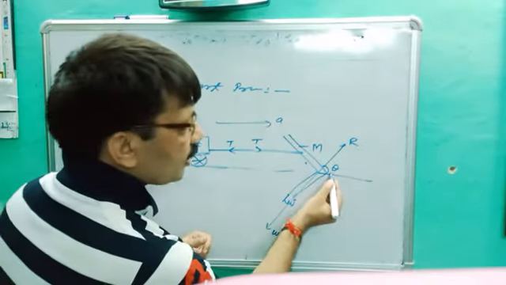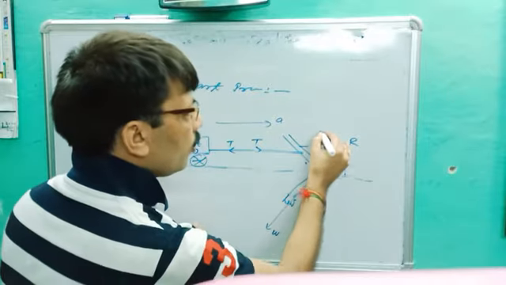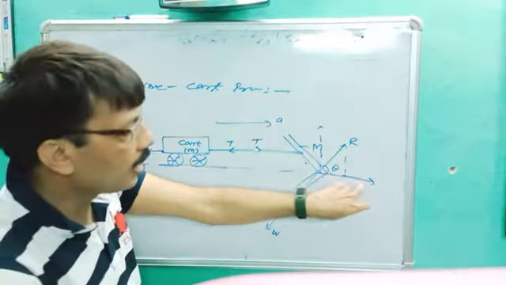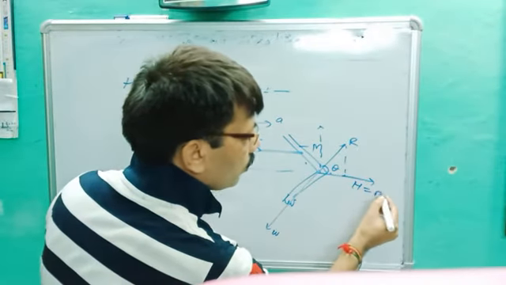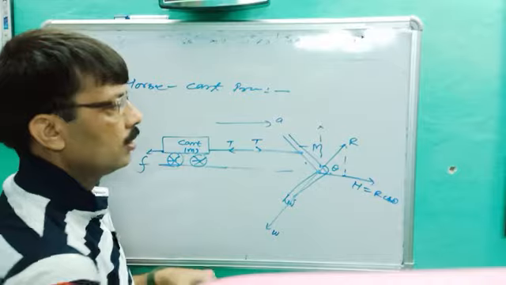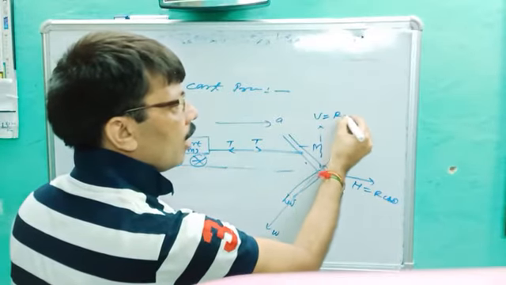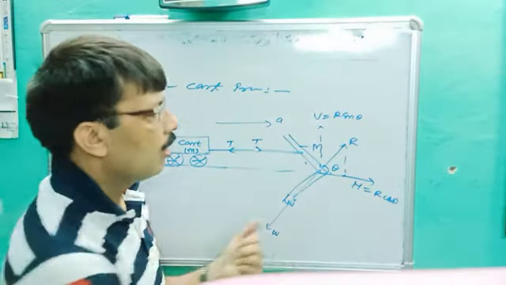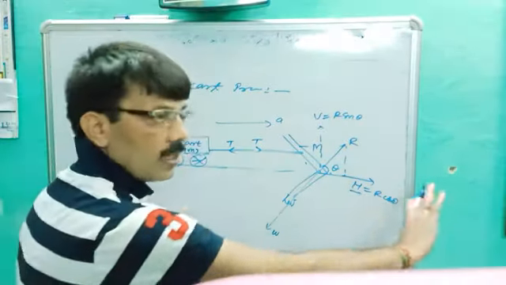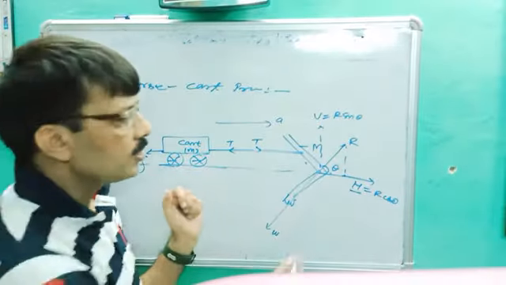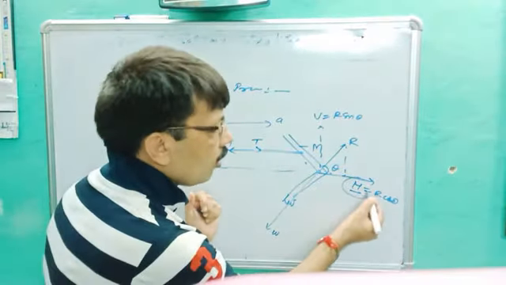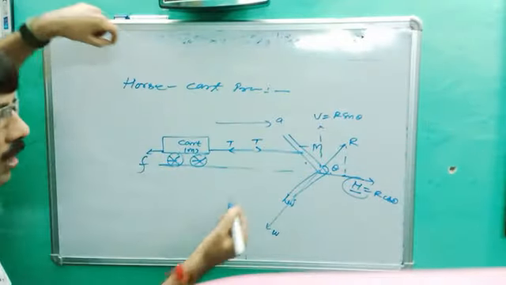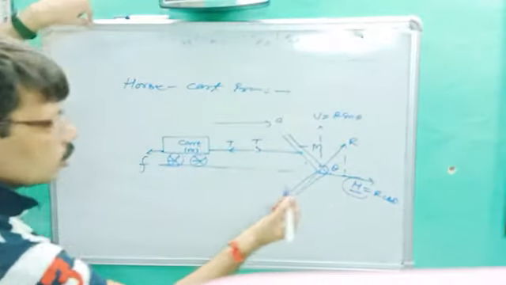Okay, it is theta, so R resolves in two components. It is horizontal, so it could be written as R cos theta, or simply H is equal to R cos theta. Similarly, the vertical component is R sin theta. R resolves in two components, R cos theta, written as H for horizontal and V for vertical. For running the horse, you should know that only H equal to R cos theta will work, because it is the horizontal component. So now apply the third law, or with help of second law. So what we get here?